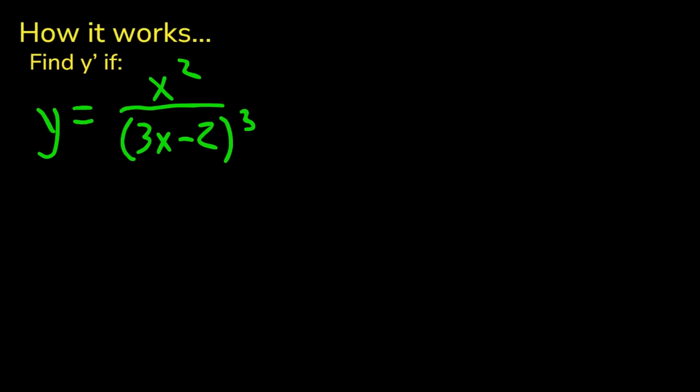So for this equation here, it involves a quotient and a composition of functions. So in order to differentiate, you would need to use the quotient rule and the chain rule. It's not too complicated, so you could do it, but we're going to use this to show how to use logarithmic differentiation. So it's easier if we take the natural log of each side before differentiating. So we would have,